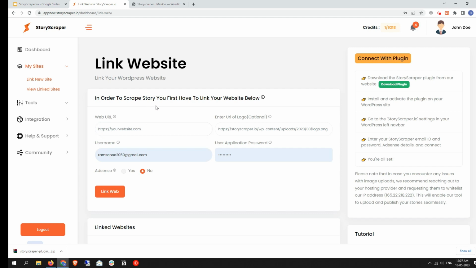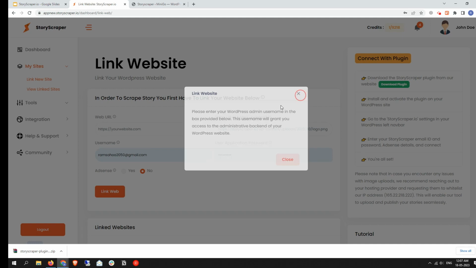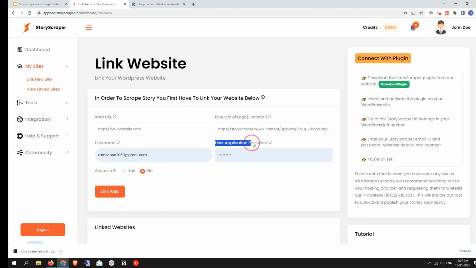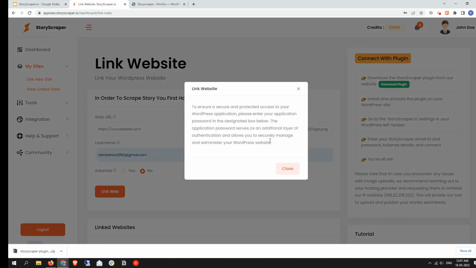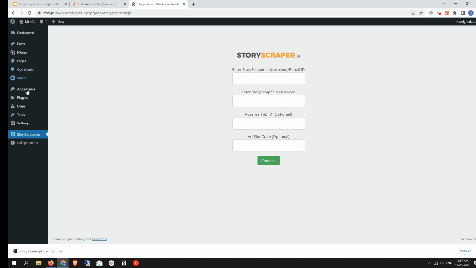Okay, so as you can see, if you click on this I button here next to username, it will give you more information about what to enter in this field. Okay, so as you can see, if you don't understand what is user application password, then click on this I button and it will tell you everything about it. Okay, so we need to create this password first, then we can easily fill out this form. So first of all, in order to create user application password, you need to go to the user's profile,